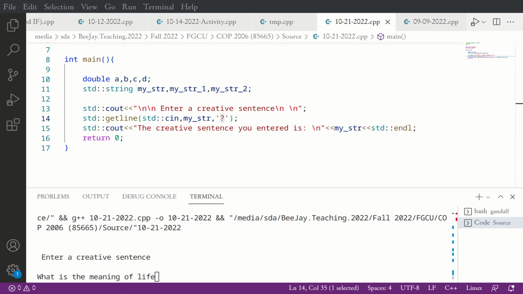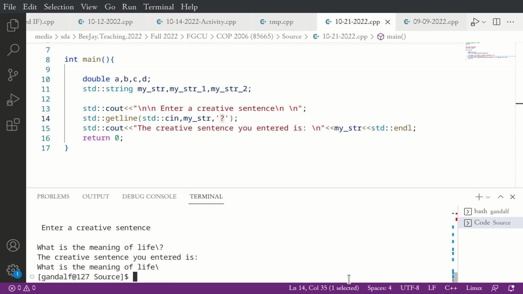So now you use some dot symbol. So, instead of doing question mark, I'm going to do backslash question mark. No. Right? Okay.